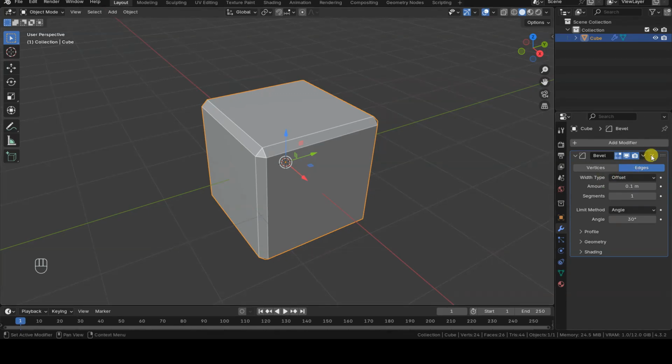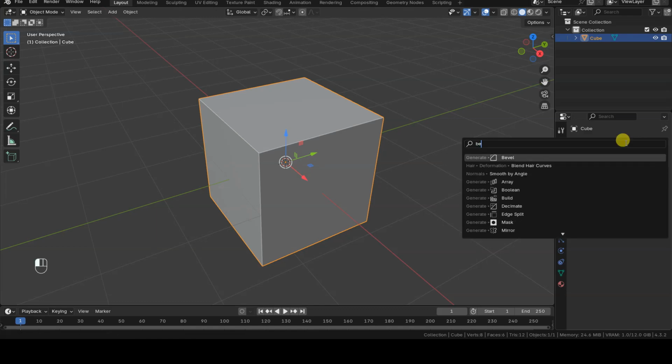There are two ways to set up this shortcut, and the first method is also the quickest. It involves right-clicking on the modifier and selecting the assigned shortcut option from the menu that appears on the screen. Then, you'll need to press the key combination you want to assign to this modifier. Since B is already assigned to Border Select, which, together with Select All and Circle Select, forms the ABC of selection tools in Blender, I decided to use Ctrl B for this tool.